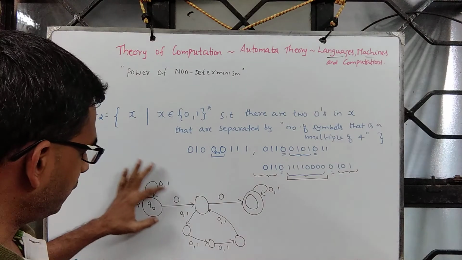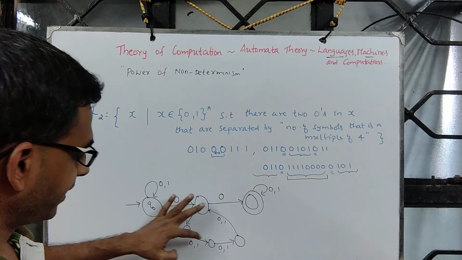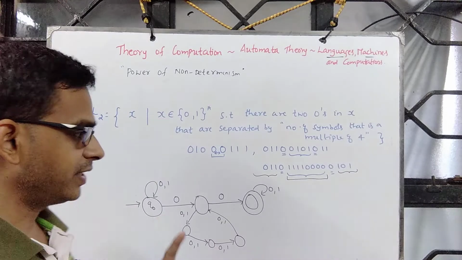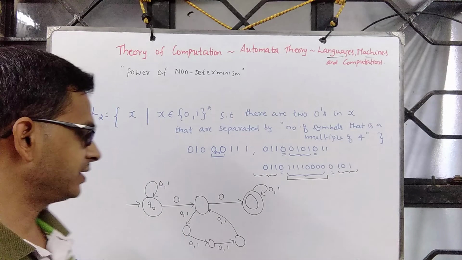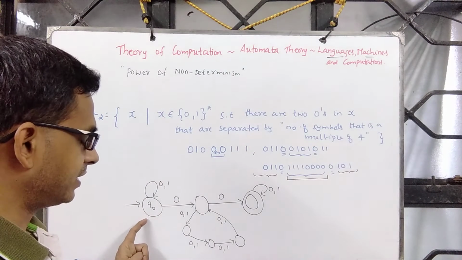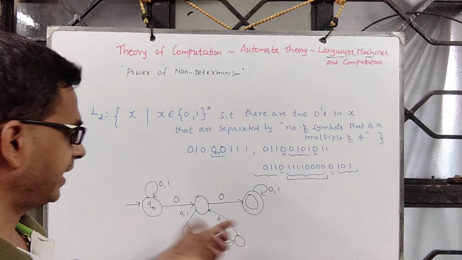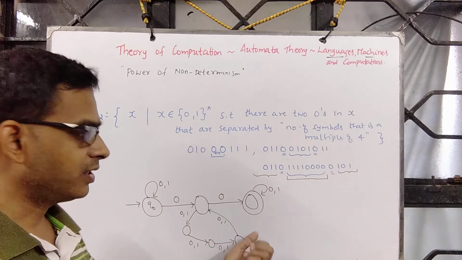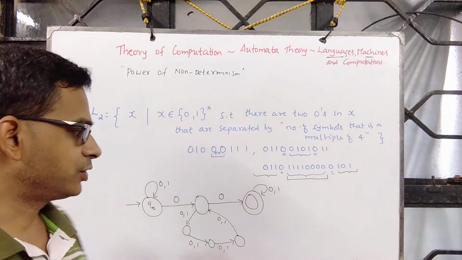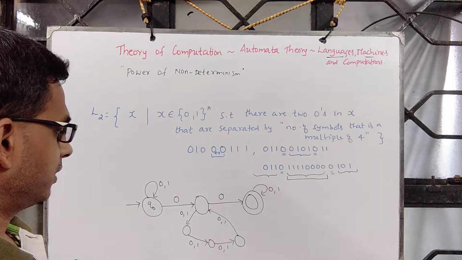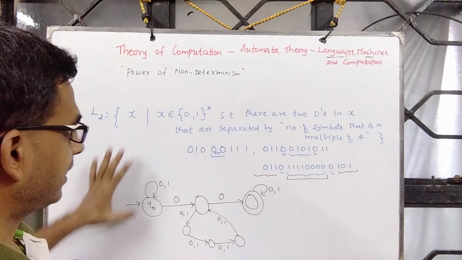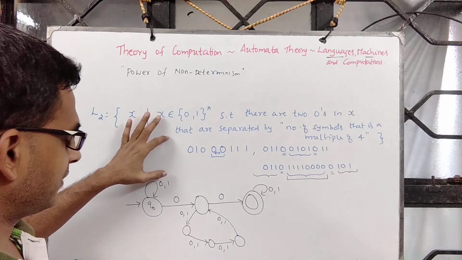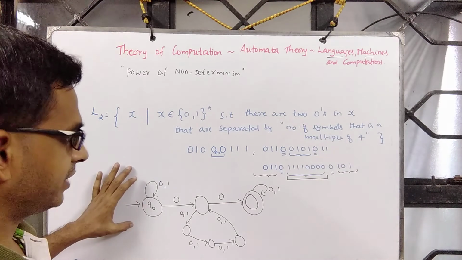Or you may go through a part of this and the rest over here, and you may get stuck. But all that we want is, if there exists at least one sequence of transitions starting from the start state to the final state having this pattern, then this automaton clearly accepts and stops the machine. So now this tells you that constructing a deterministic finite automaton is not straightforward, whereas a non-deterministic machine is relatively